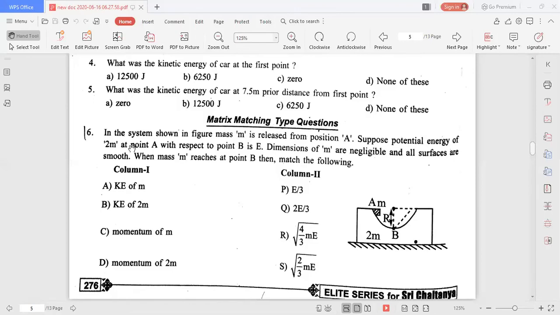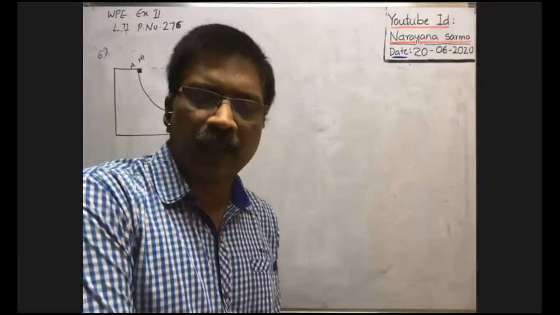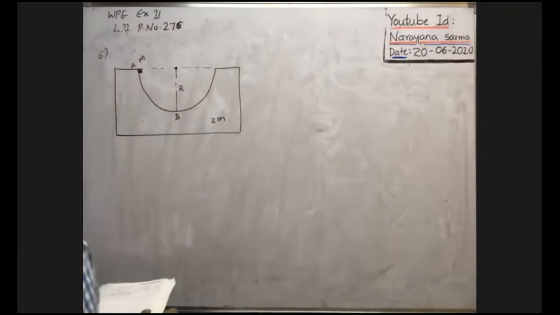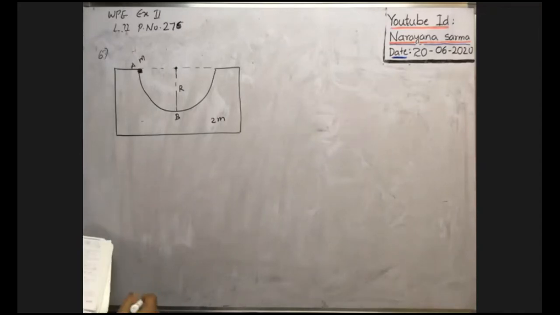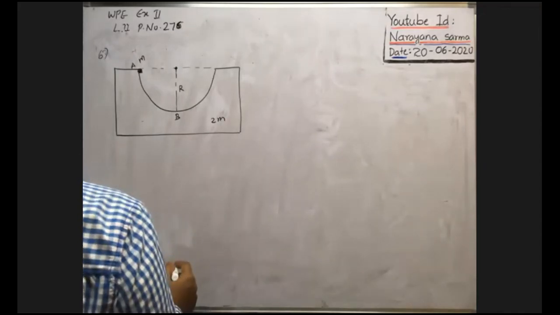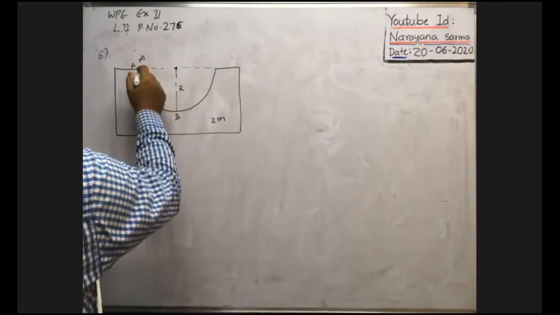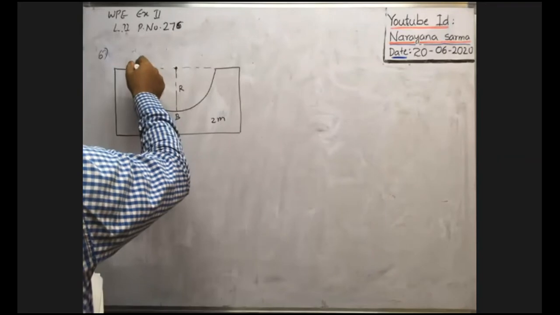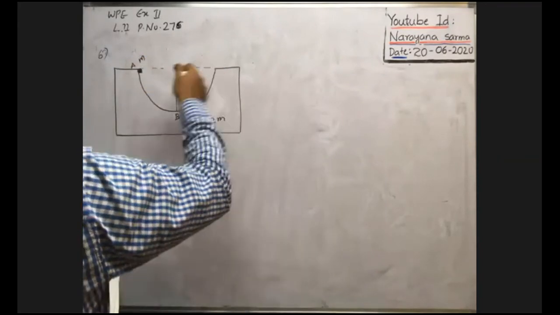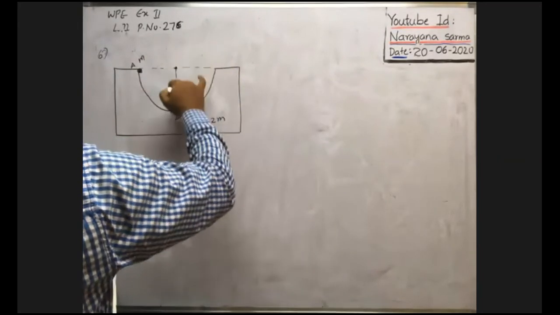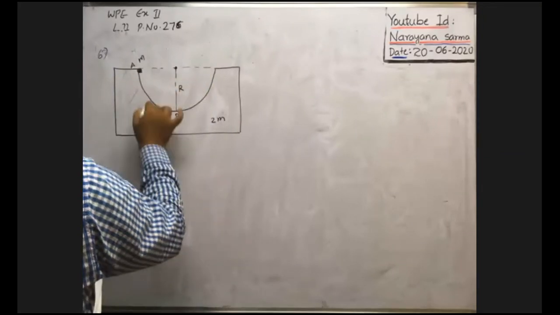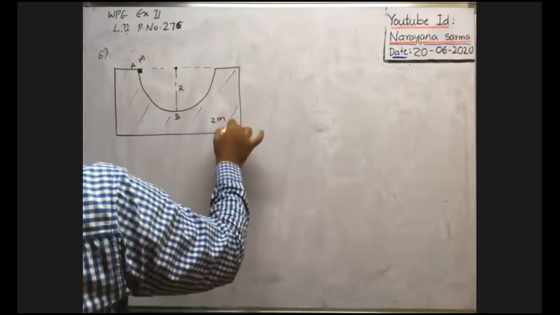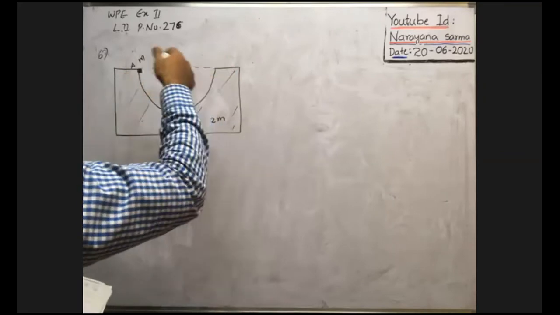I think you have seen the problem. Now, all of you look at the board. This model is very important. In the system shown in the figure, mass m is released from position A. Here, this is position A. Actually, it is a wedge. In the wedge there is a circular, or spherical, gap of radius capital R. Wedge means it is a bulk body having a definite shape.